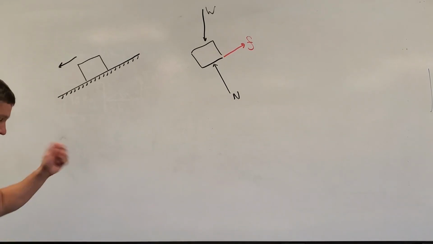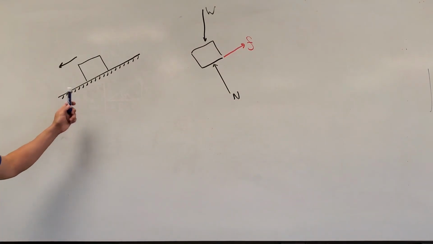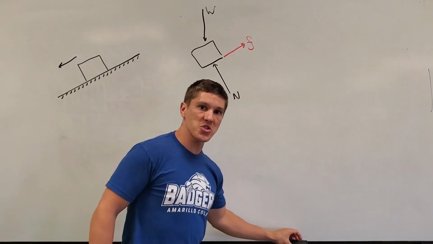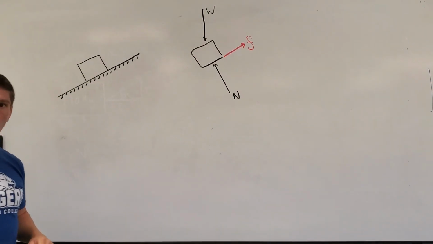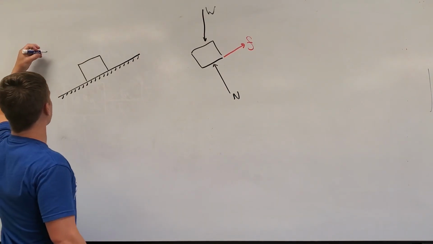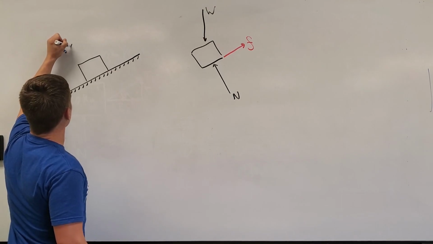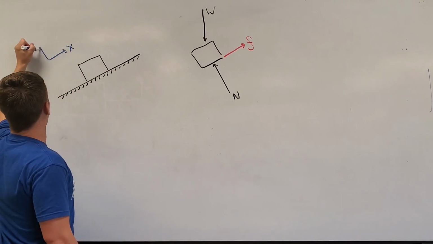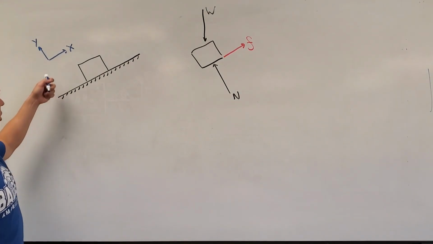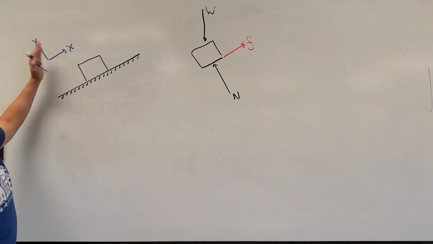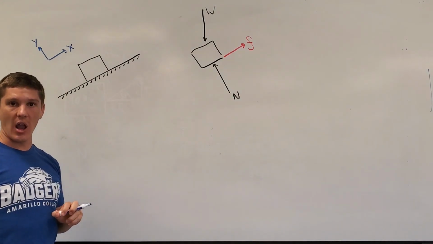Opposing that direction of motion. So one of the tricks, anytime that we're solving problems that involve inclined planes, it's almost always, I'm not going to say always, but it's almost always useful to define our coordinate system such that it aligns with the incline. So I'm going to define my x-axis as being positive up the incline and my y-axis as being positive upwards away from the incline. So it almost always simplifies the problem to rotate your coordinate system such that it aligns with the